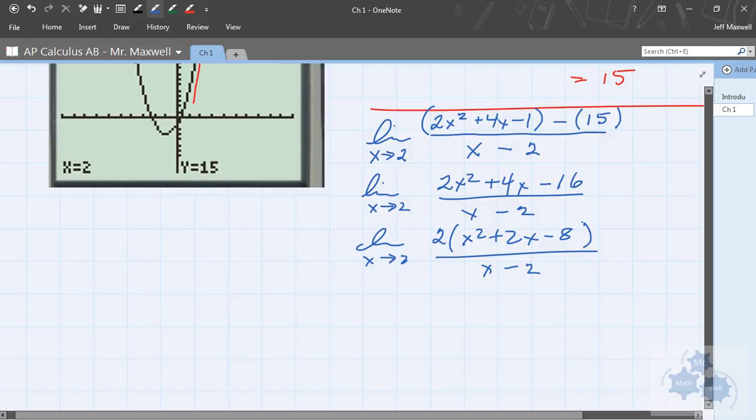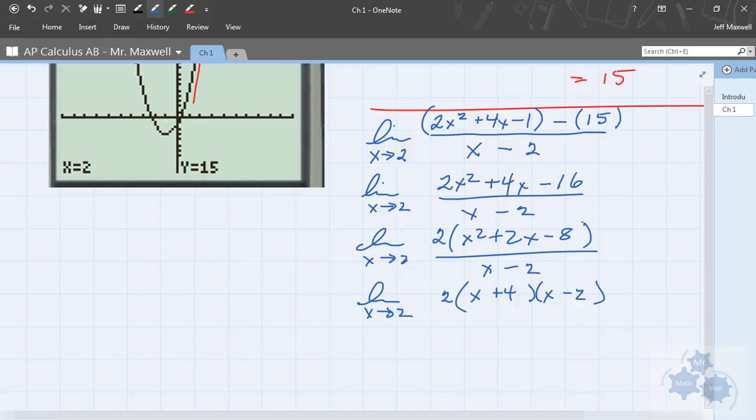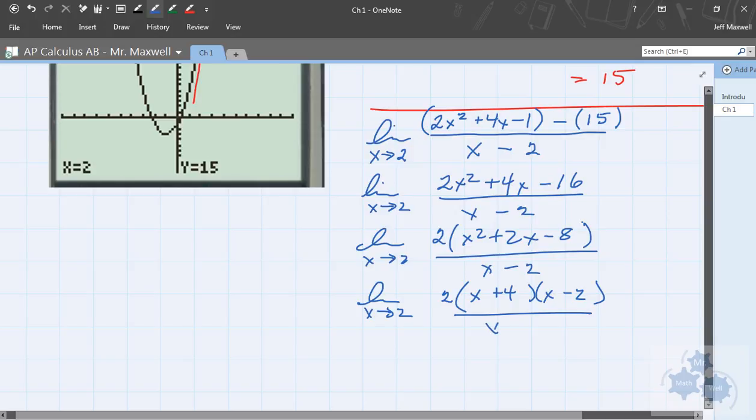Can I factor this trinomial here? Let's try and do that. I think we probably could. So what's that going to be here? We need two numbers that multiply to negative 8 and add up to positive 2. What do you suppose that might be? Positive 4 and negative 2, you guys agree? Correct. That's really nice because, check this out, we've got x minus 2 and x minus 2, don't we? That's gone. So, the limit as x approaches 2